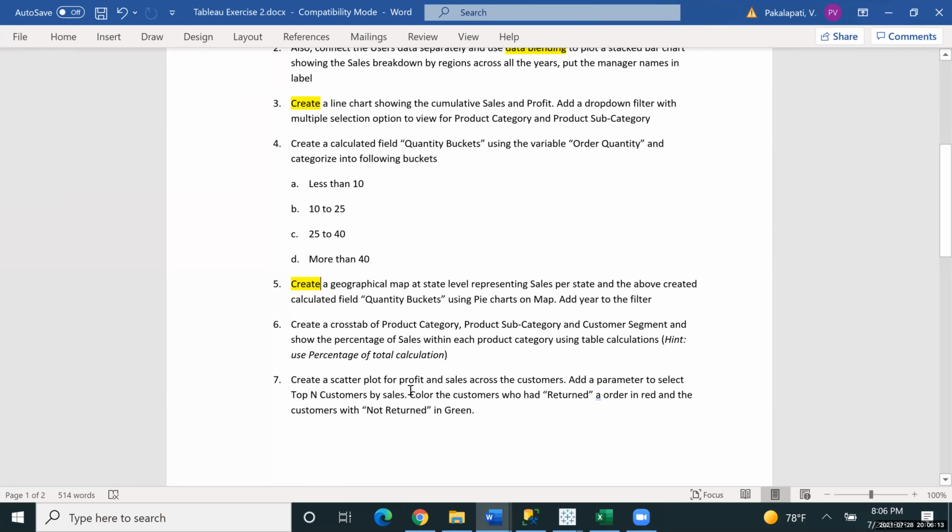And one last thing. Here they're asking to create a parameter with options sales, profit, shipping, and discount. This I couldn't do. Can you show me how to do this? Sure. Now I create a new parameter. Here you have to use list. Now in the list, write the values. Right over here, first value as sales.